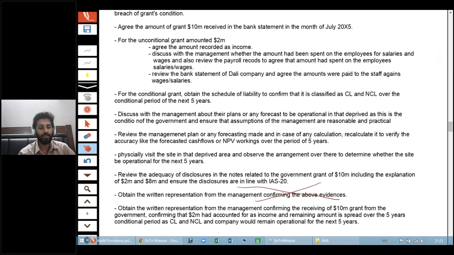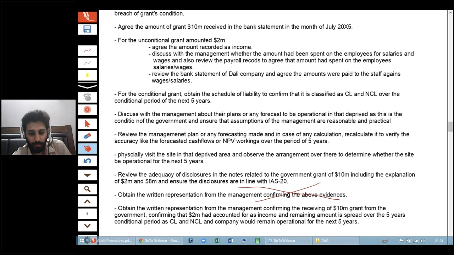So you can find your marking scheme from the official answer by ACCA, by the examiner. Right now I'm just going to facilitate you how to draft the answer. So you can find the marking scheme from the official answer. Now let's move